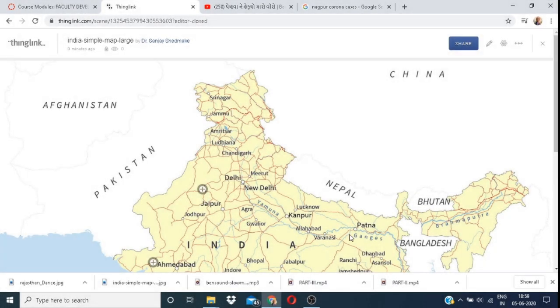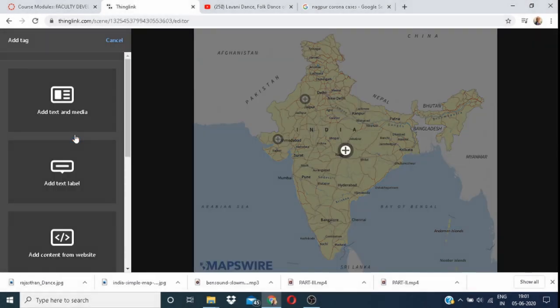If you want to edit this image, just go to the edit section, click on that, add the tag, and shift it to Maharashtra.